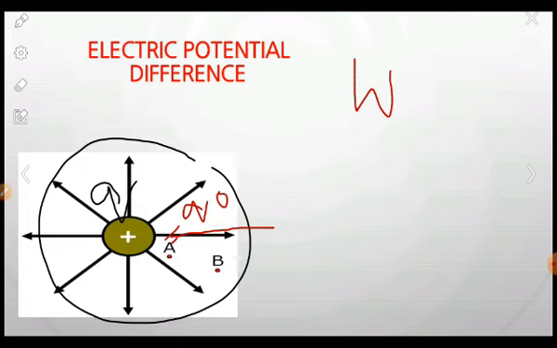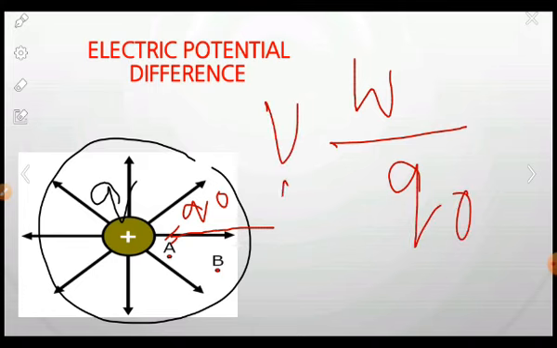This amount of work done, which is applied on Q naught to move Q naught from the point A to B, within the field only, between 2 points the unit positive charge is moved. So this W by Q naught is the potential difference between A and B. We write it as VAB. And again here, this potential difference within the field is calculated,